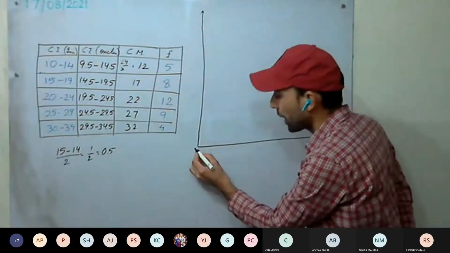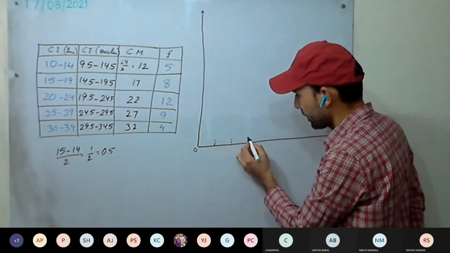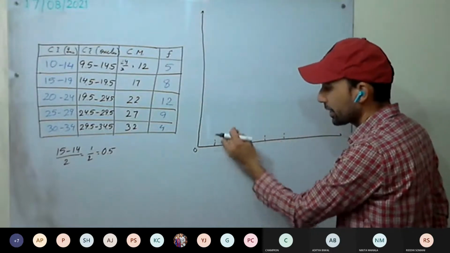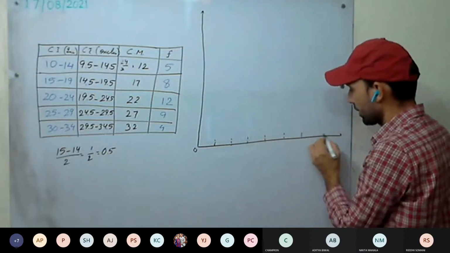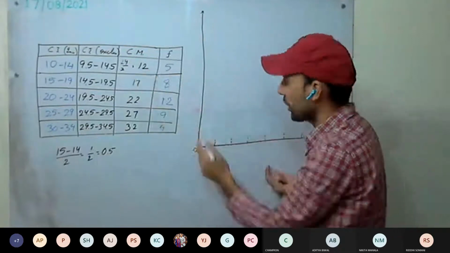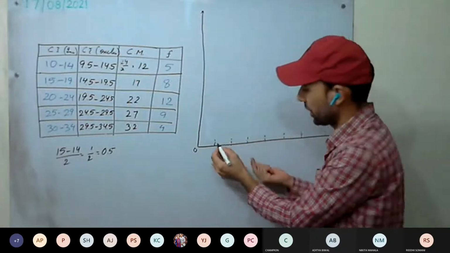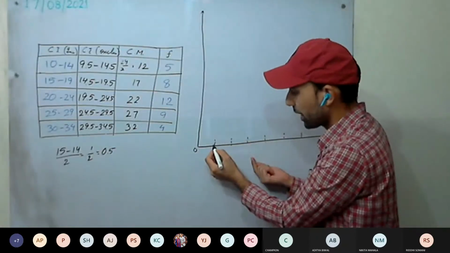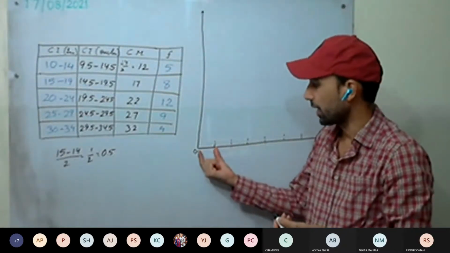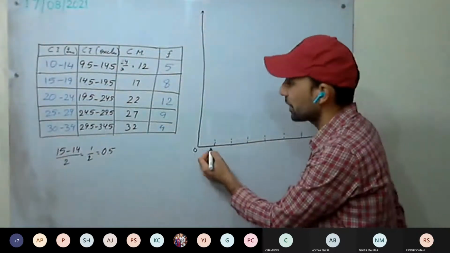Usually we mark 0 here. After one block, you have blocks, each of 1 centimeter, with dark bold lines. Now, usually how can we take it? If it is 9.5, we may start from 9, then 9.5. That creates a little difficulty for us to draw. 9.5 is usually not possible if you take the scale as 1 centimeter equal to 10.